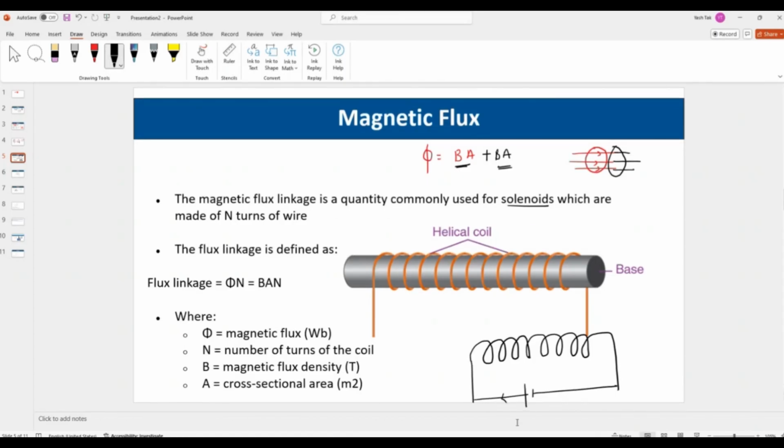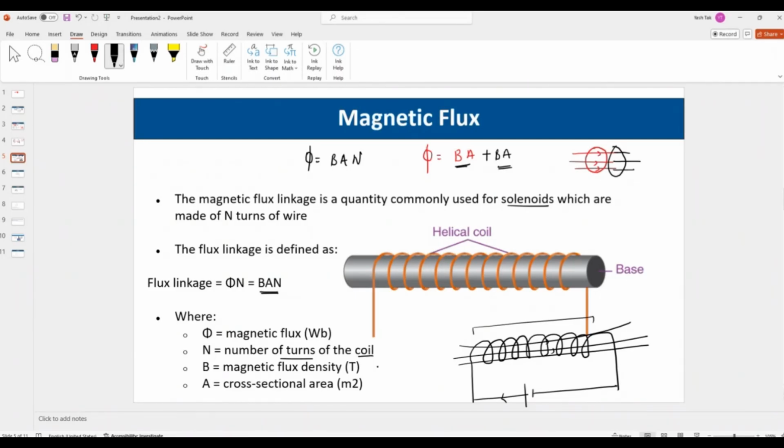So current passes through it. Whenever current passes through any coil, it behaves as a magnet. So this is what we call a temporary magnet. A lot of magnetic field lines will pass across this structure, which we call the solenoid. So in case of a solenoid, flux will become BA times N. So magnetic flux in case of a solenoid will be BAN, where N is nothing but the number of turns of the